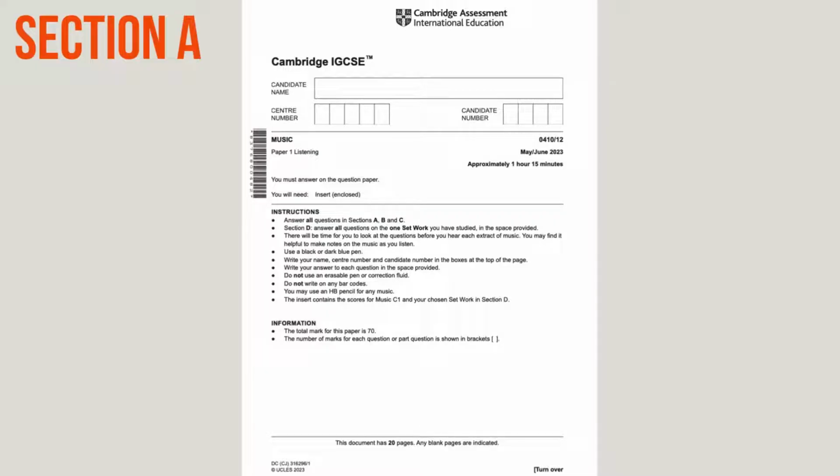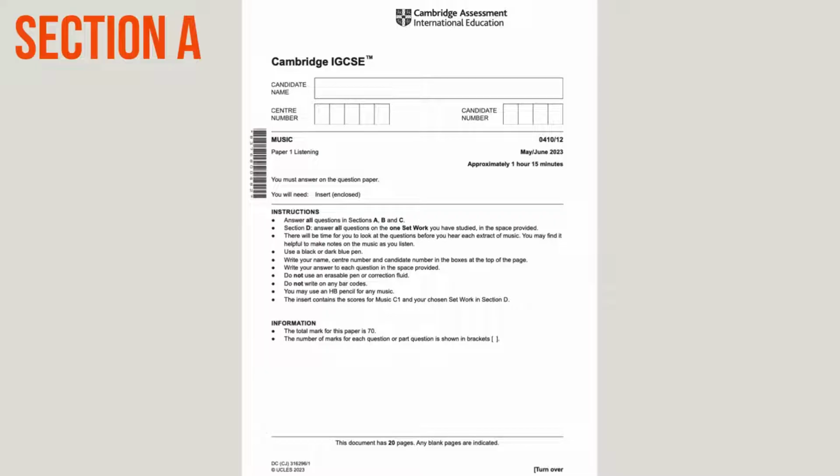There will be time for you to look at the questions before you hear each extract of music. You may find it helpful to make notes on the music as you listen. Write your name, centre number and candidate number in the boxes at the top of the page. Write your answer to each question in the space provided.